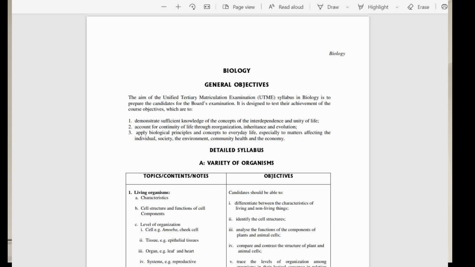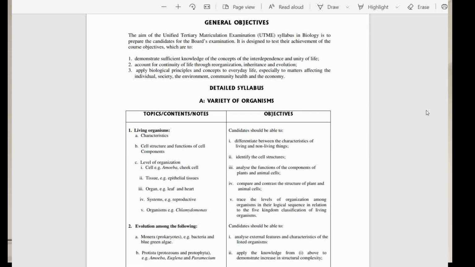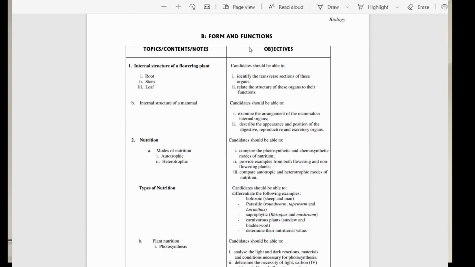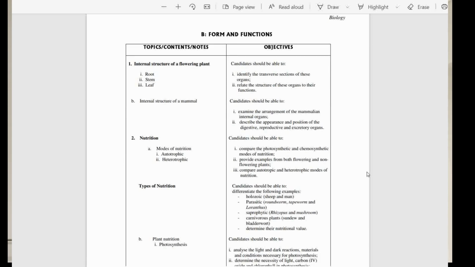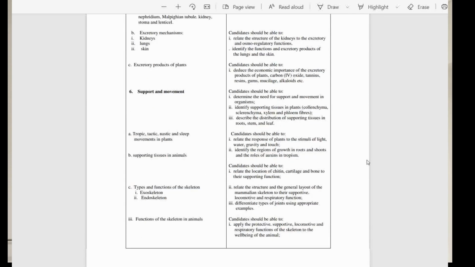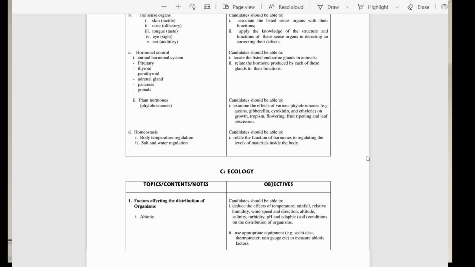It is divided into 5 sections. Section 1 is this, which is variety of organism. If you scroll down, the second section is form and function. And the third section would be this one, ecology. That's section C. And the fourth one